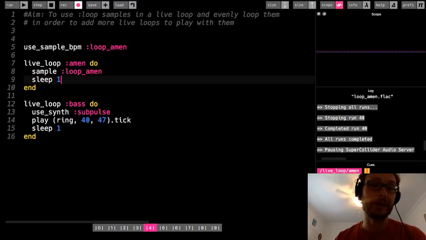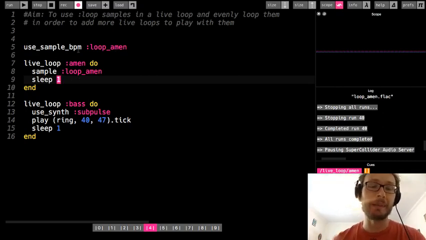Okay, so by using the sample BPM, it sets the BPM to 1. Well, not that the BPM is 1. It just basically makes 1 beat equal to the length of the sample. So now if I run it,